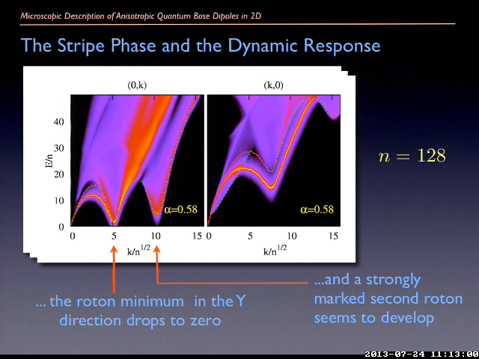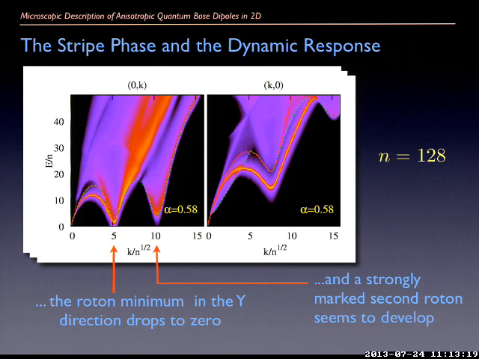Okay, so we see that there is a transition. We have seen explicitly that the system properties change. We see that in the elementary excitation spectrum,